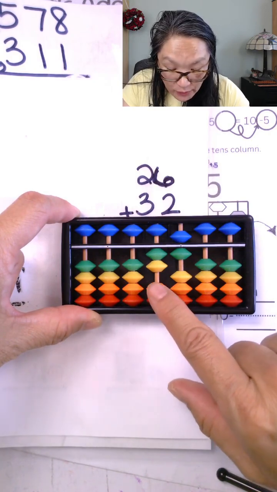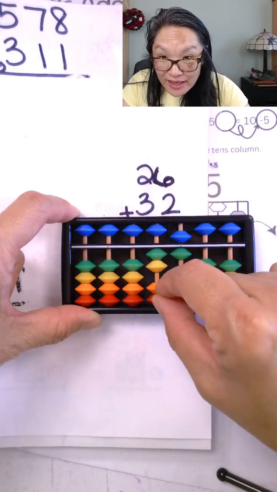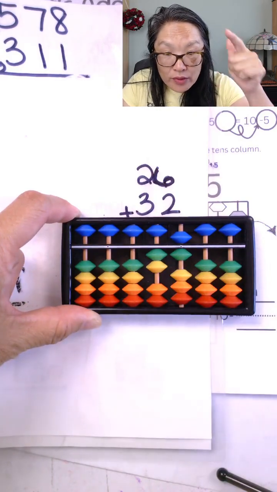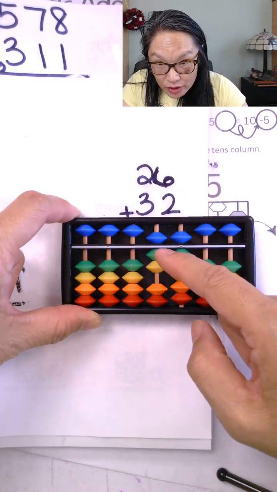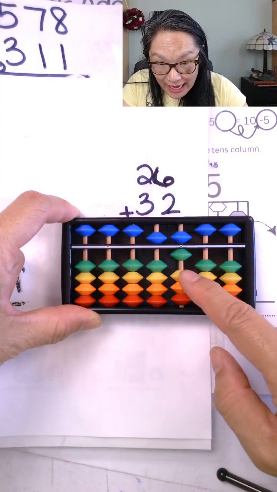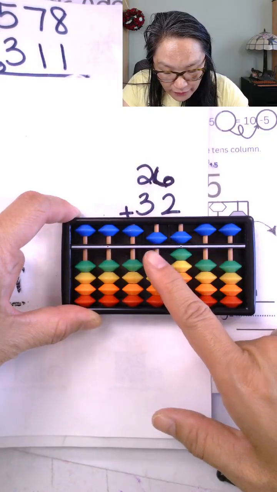Yes. So here, when I add the 3, guess what? I don't have any more beads to add the 3. This is where the fundamentals happen, right? I want to add the 5, take away the 2. And then can I add the 2? Yes, I'm going to add the 2. So my final answer is 58,